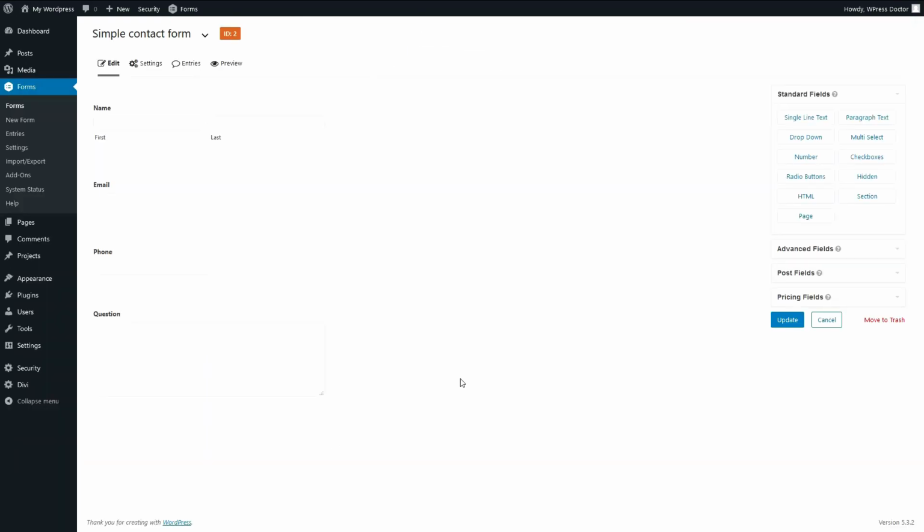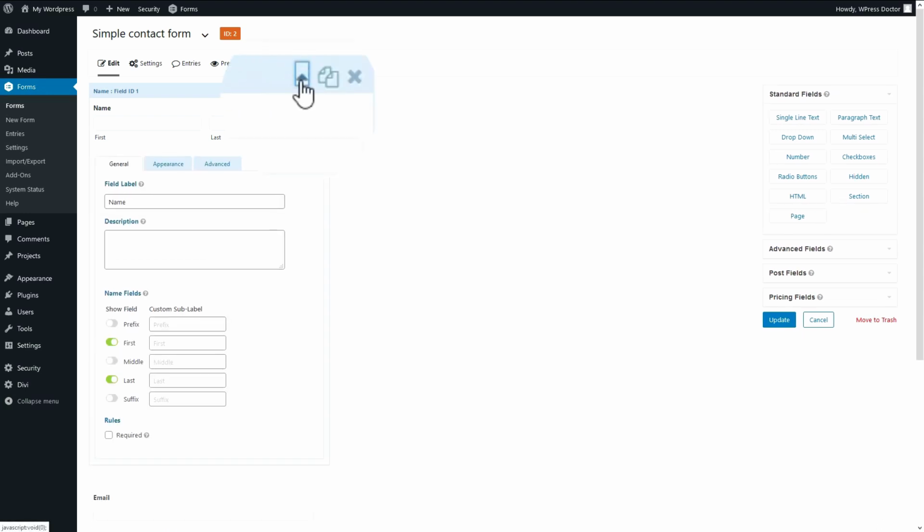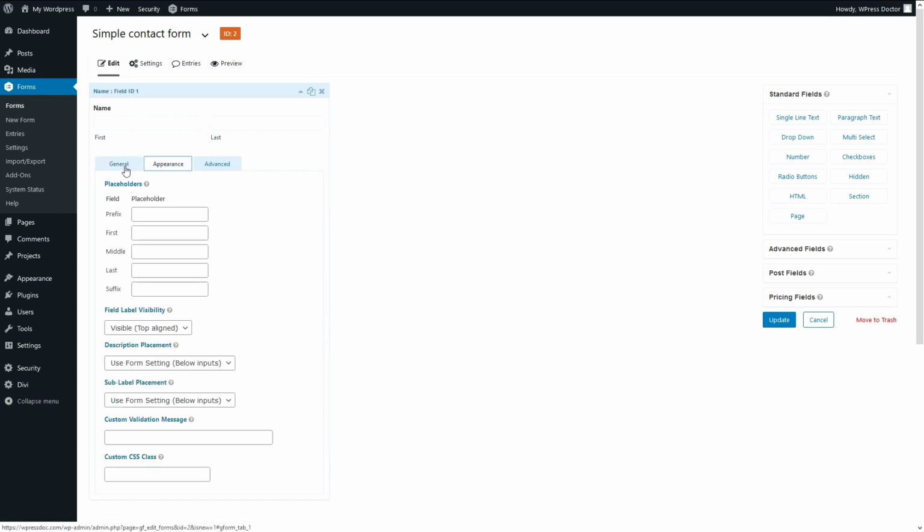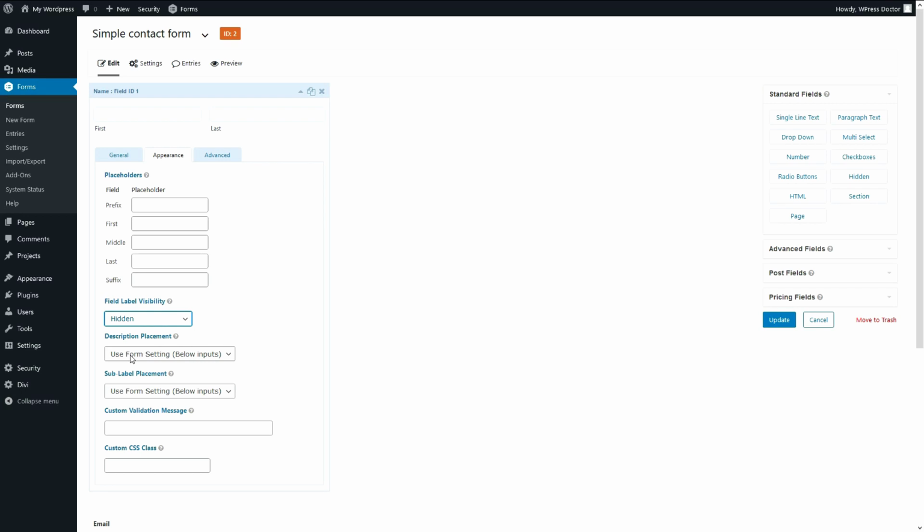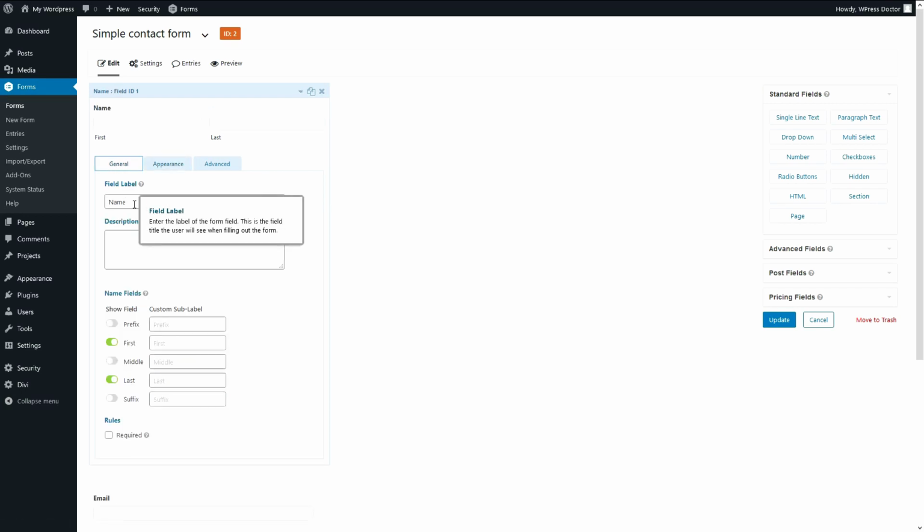So let's walk through some of the options, and when we walk through this form and change stuff, you will see on the right side how it will look on the front end. Let's click this arrow button and the options will appear for all the fields. So this is our field label. It's the name that will be shown here. You can also turn this off with Appearance, Field Label, Hidden. Now it's gone. You see? So this is where you fill in your label.